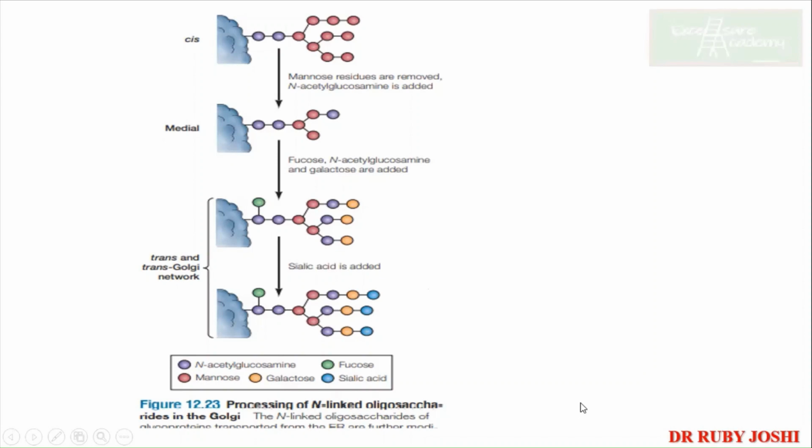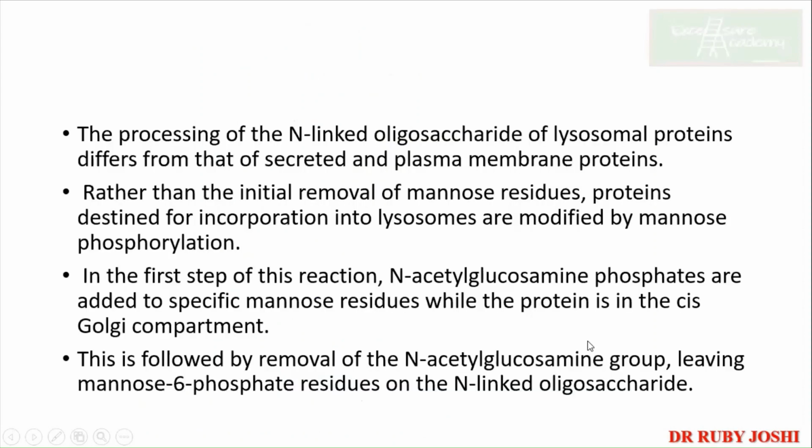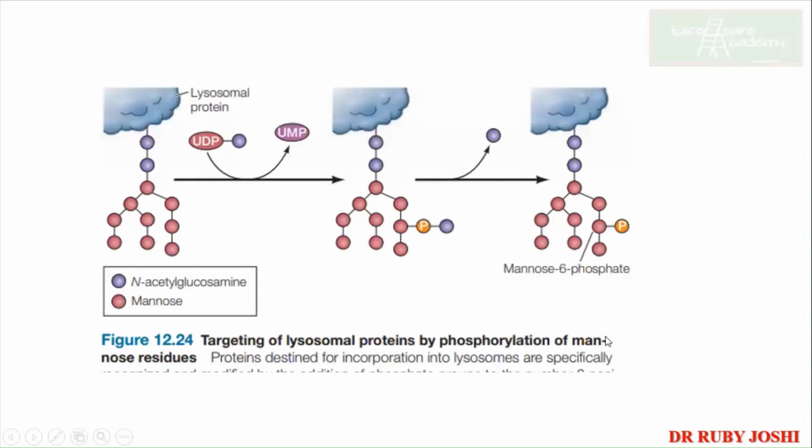ये एक काम हो गया Golgi का. दूसरा काम क्या हुआ? Having its own O-linked glycosylation. ठीक है? This is the same thing written over here. Now, we have another type of glycosylation, and this one is really very important. This is something you have to remember. See, here 2 NAG are there and 9 mannose are there. After your N-linked oligosaccharide was added in the ER, this is what gets transported to the Golgi.